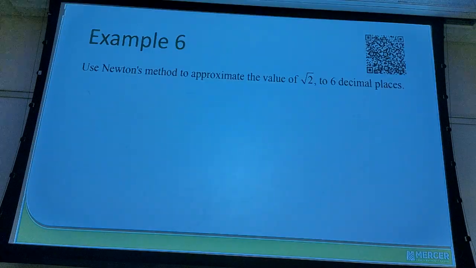You can also use Newton's method to approximate values of irrational numbers. So Newton's method to approximate the value of root 2, accurate to 6 decimal places. Now remember what Newton's method is doing. It's finding roots of a function, right? So if I want to approximate the value of square root of 2, which is called an algebraic number, by the way,